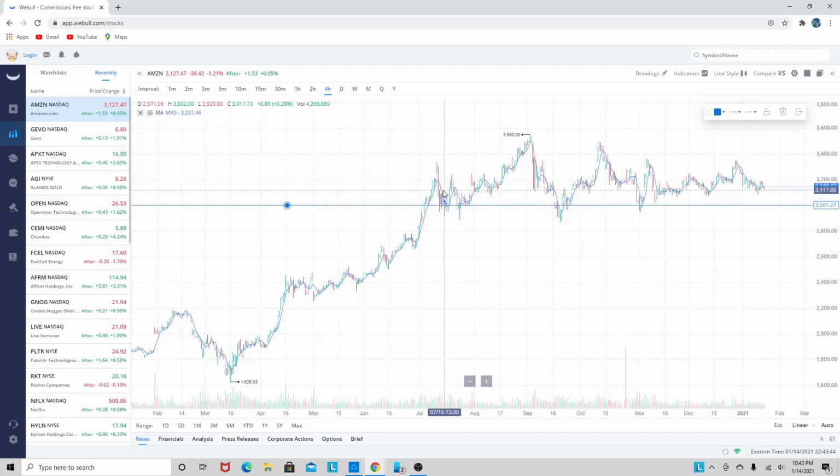But as you could see here, this looks like resistance right here because it comes through our 3,000 all the way up to about 3,200. So we're going to call that resistance. I'm going to grab another line right here, throw that at 32, boom. Hits that 32, bounces down back to 3,000, comes up, tries to hit the 32 again, comes back down to the 3,000, hits the 32 again, dips down, and then it finally breaks through that 32